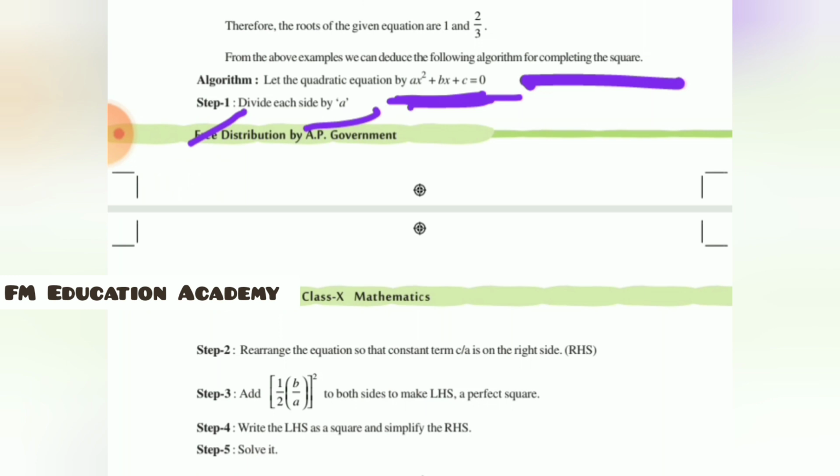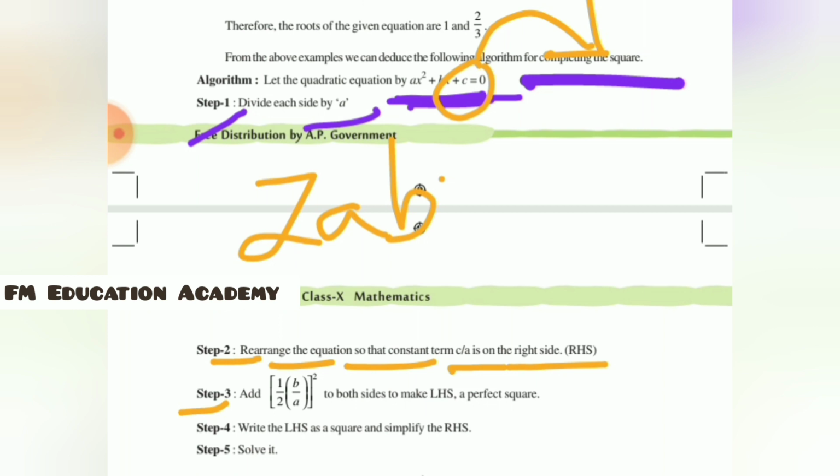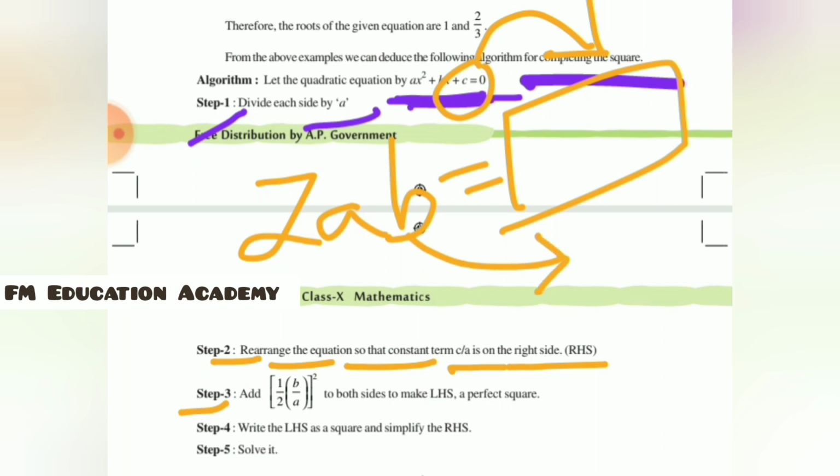In step 3 I have to add that on both LHS and RHS to make it a perfect square, and then I'll get some whole square with the term. When that square goes outside, it becomes square root, and we have a plus value and minus value. If the answer before applying square root is minus, then remember that roots do not exist. If you're getting plus or 0, then roots will exist. So this was the completing the square method. We find out the value of x after that.